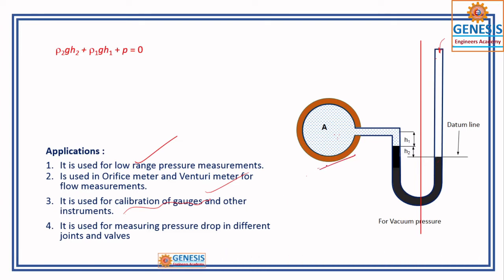This caliber is guaranteed, and this gives the accurate value only for low range of pressures. If more and more pressure has to be measured, this column height must be increased like anything, to meters and meters. But we cannot provide all these things. That is why our measurement is restricted to low pressures only.